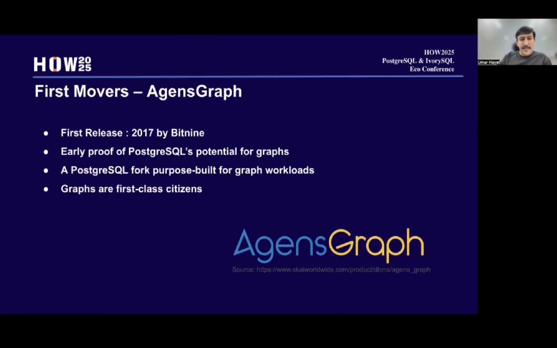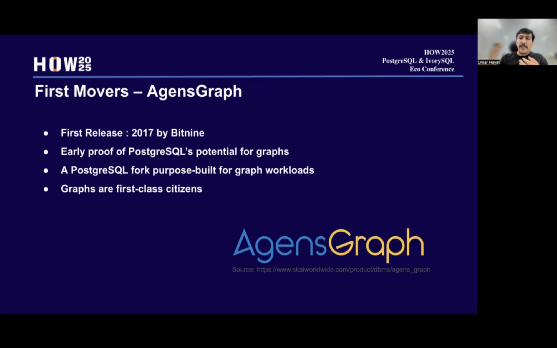So how it started. In 2017, Bit9 started a project named Agents Graph. They created an open source fork of PostgreSQL.